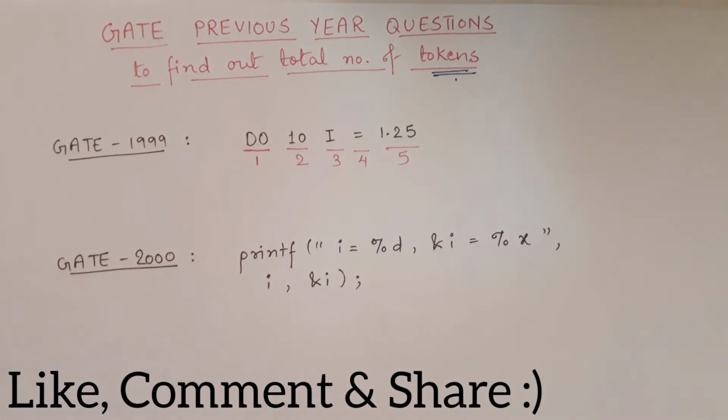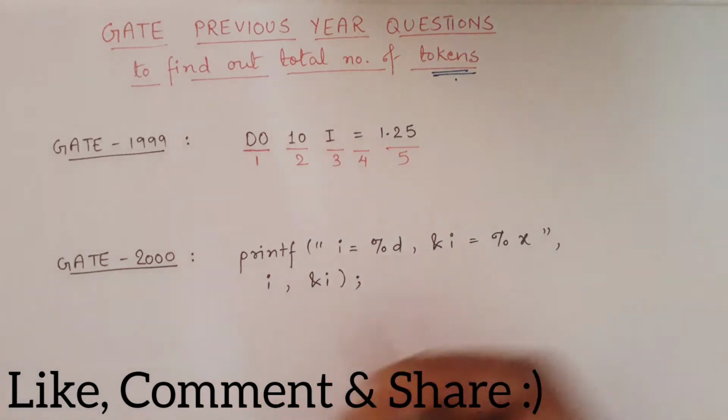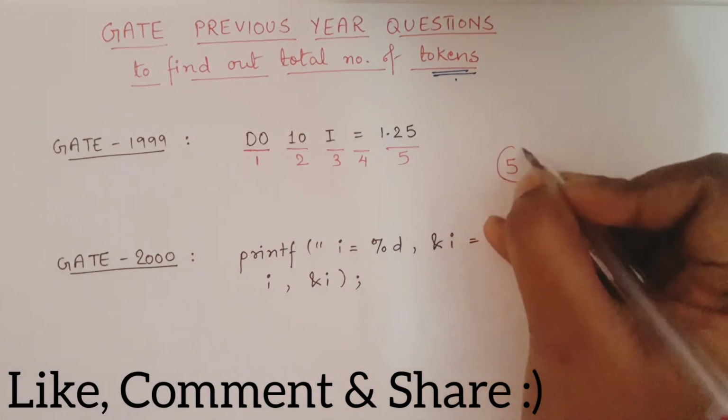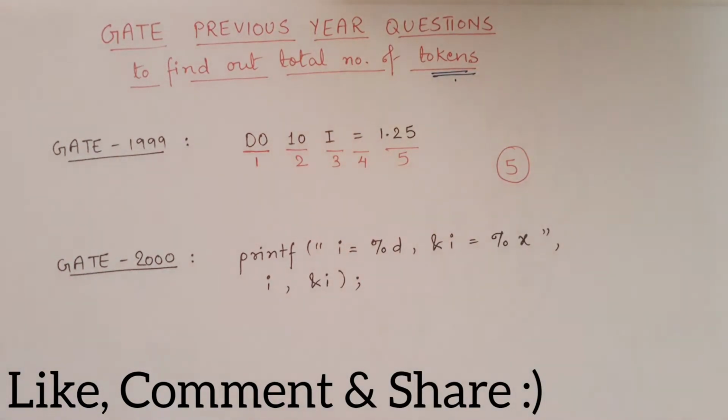Fine. So this was a very simple example. So the answer here would be that the number of tokens in this example is 5. Now, if I talk about the second example, see, a general printf function is given